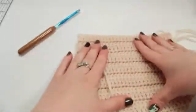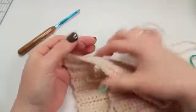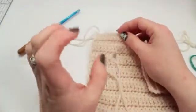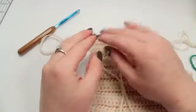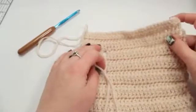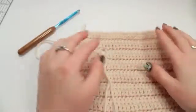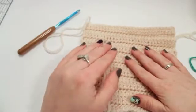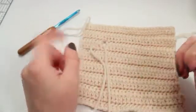So weave them all into this side, and then don't weave in this end, and we will seam this together whenever we get to, not the next lesson, but the lesson after next, when we talk about seaming and finishing off pieces, because I want to save this for the seaming lesson. So go ahead and weave in all your ends on this piece, and then we're going to make your right